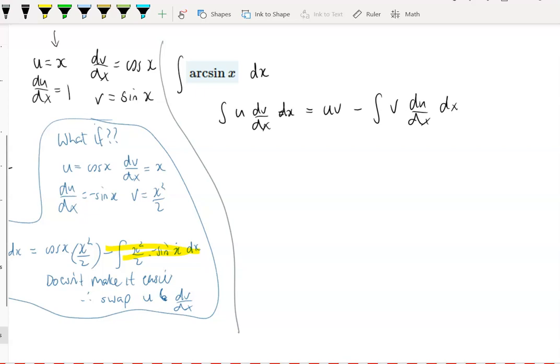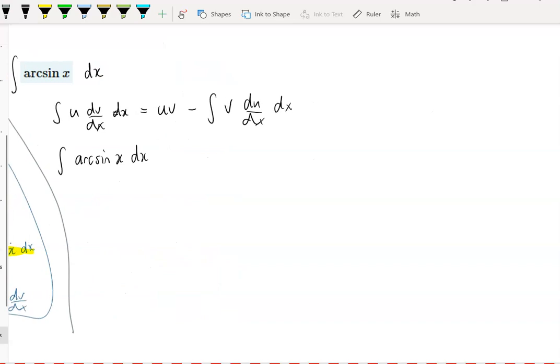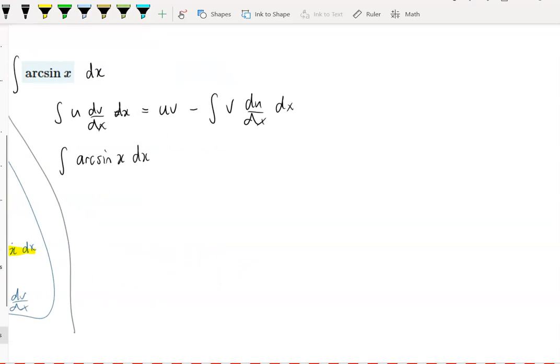Now, as we said earlier, we've got two parts to this. Arcsine x. Now, we don't know how to integrate arcsine x, so it would be pointless to choose it as our dv/dx part. But we do know how to differentiate it. Okay, we do have a rule for that. So we can identify that u is equal to something. So u will be arcsine x,